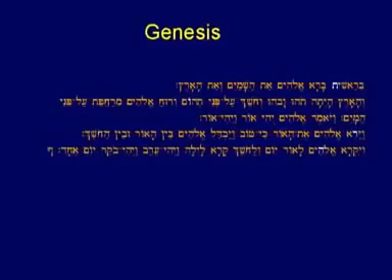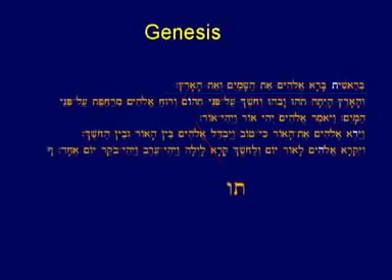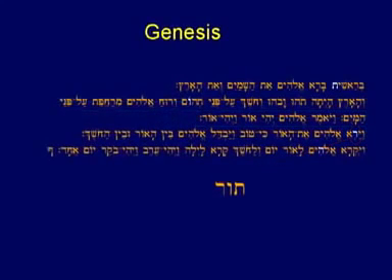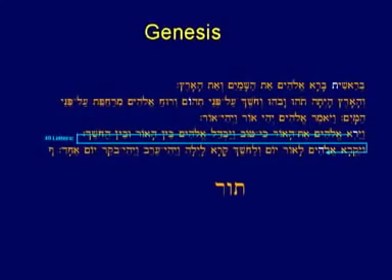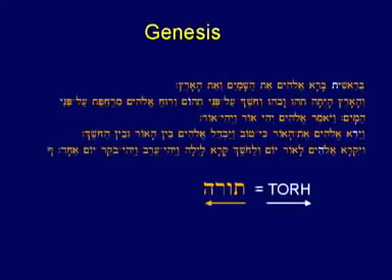Also, the word Torah in Hebrew is spelled with 4 letters: a tav, which is roughly equivalent to our T, an O, a resh, a he. 4 letters. If you go to the first tav in the book of Genesis, and that's the last letter of the Hebrew alphabet, and you count 49 letters, you come to a vav. You count 49 more letters, and you come to a resh, which is sort of like our R. And you count 49 more letters, you come to a he. So those 4 letters spell Torah.